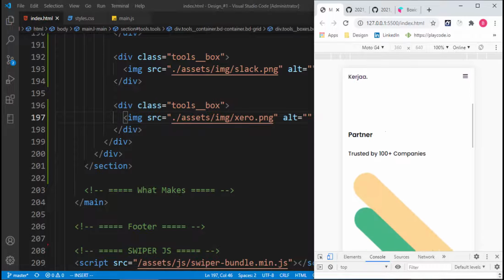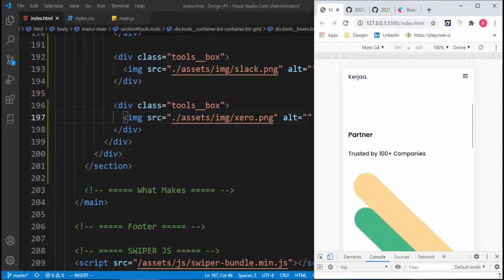So the two box, the images are not showing. Maybe it's because of this mobile view. So let me kind of make this 50%. You could see it's actually showing. Okay, it's showing very fine. And for the two boxes, we've already done that. Then for each of those boxes,